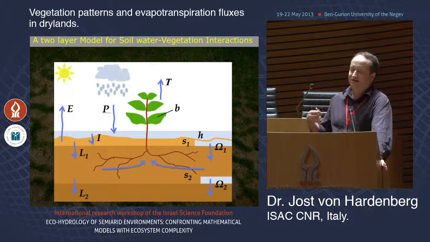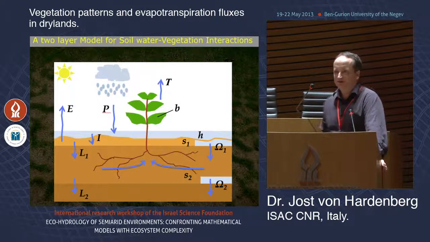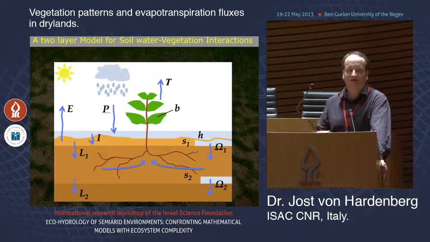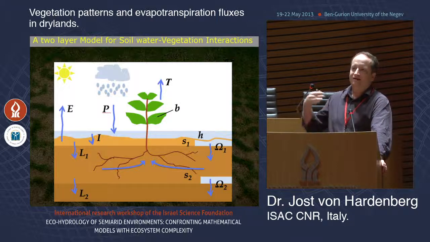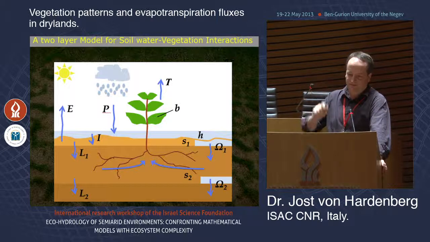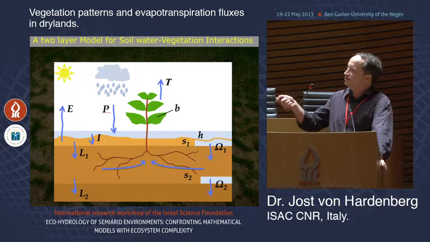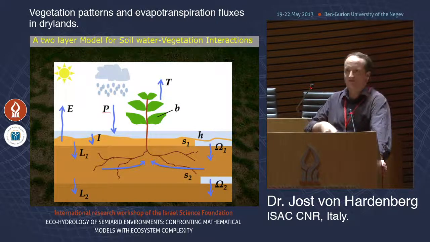On the other hand, the evapotranspirative fluxes will be relevant after precipitation events. They won't be very strong after a long time, when the top layer has dried up and you are left mainly with the transpiration from the plants. So what we want to do is to separate the evaporation from the transpiration.